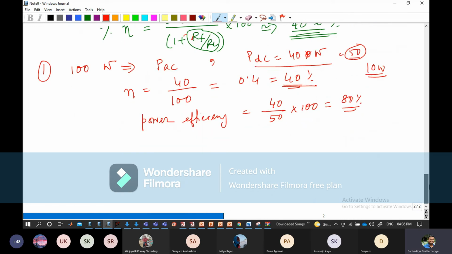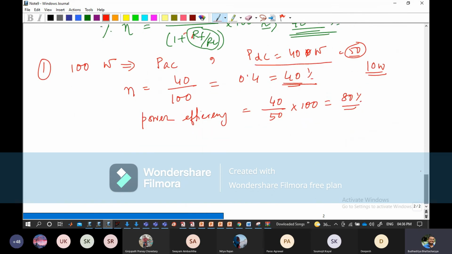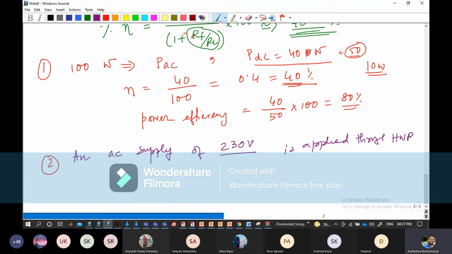Good. So this is one half of the story, and maybe another question I can squeeze in, because it's a little different question, and hopefully some of you might also answer. Those who have done the lab on Monday's lab can at least try to answer this. The question is, I'm writing a little bit, an AC supply. This is also based on half wave rectification. An AC supply of 230 volts is applied through an HWR, which stands for half wave rectification circuit, where a